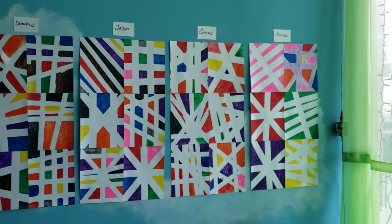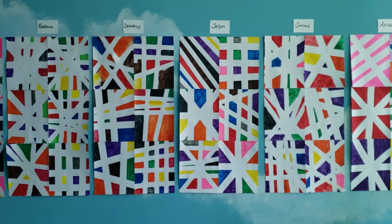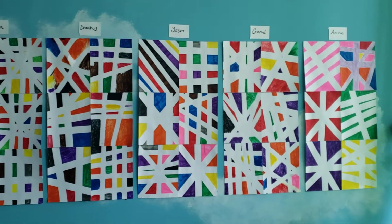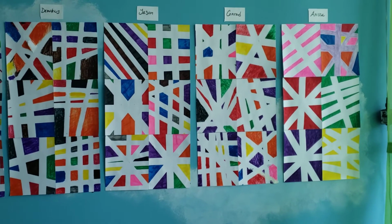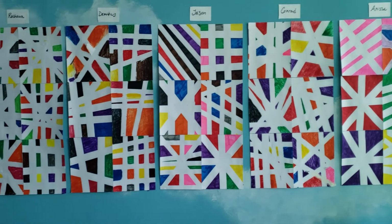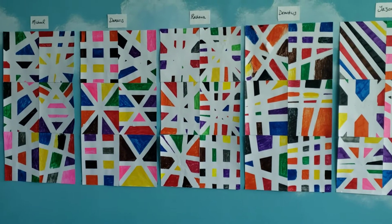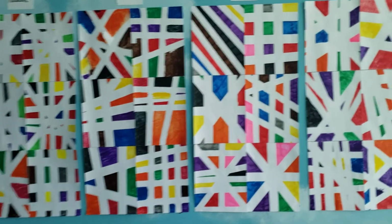So for the first project, we did a color blocking exercise, and it's sort of made to resemble a stained glass window when they're done. I had the students take 6 pieces of paper, and they used tape to block off different sections, and then they got to color in the different shapes. And what this does is this sort of teaches negative and positive shapes and what that can do when you put them all together. So here I'll show you up close